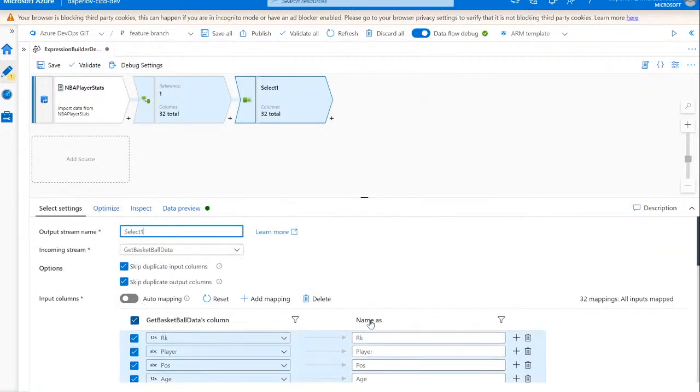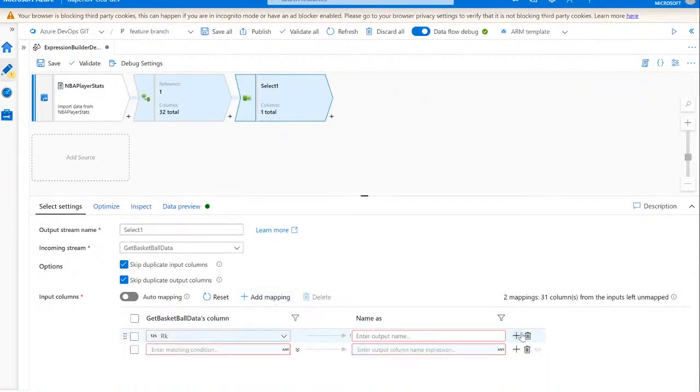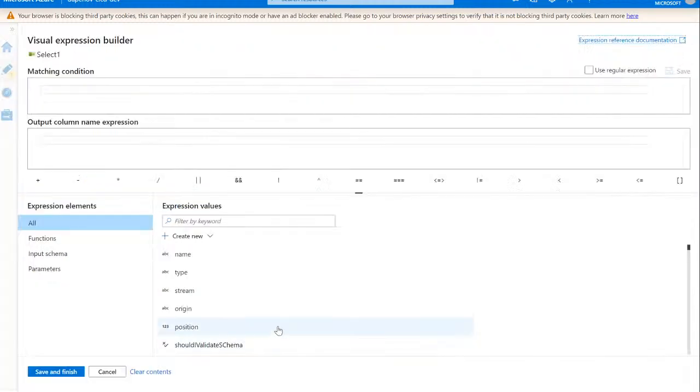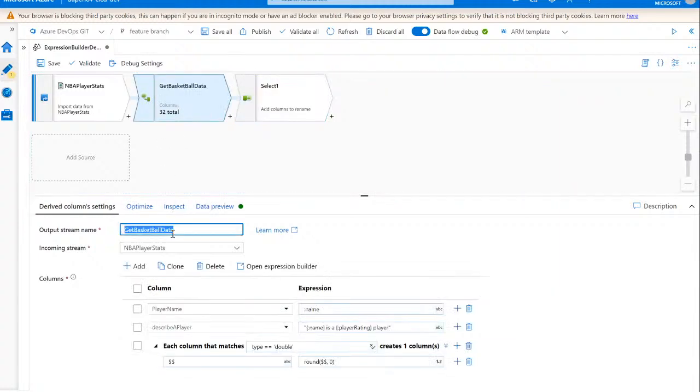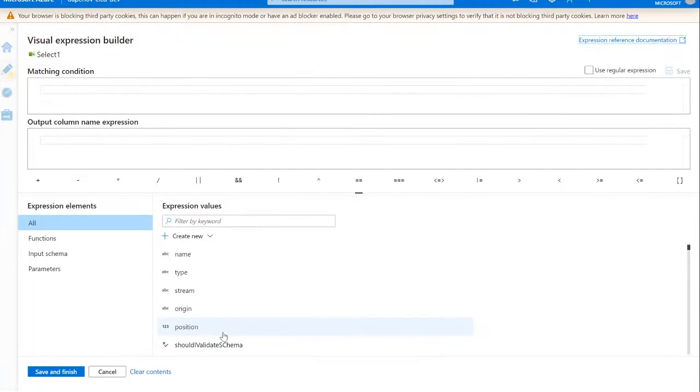So what if I'm only interested in a rule-based mapping? A rule-based mapping is essentially like a column pattern, but this is just affecting the metadata of the column. I'm essentially matching on a bunch of different columns, and if it meets that match condition, then I am going to change the name of that. So what I'm going to do is, if the origin, origin is actually a new thing that we have coming in, a new sort of metadata operation that we have. And let me actually remember what my origin is. So if my origin is this,